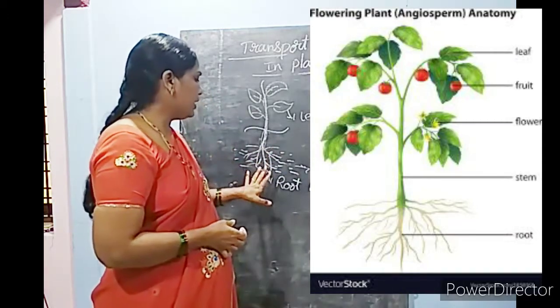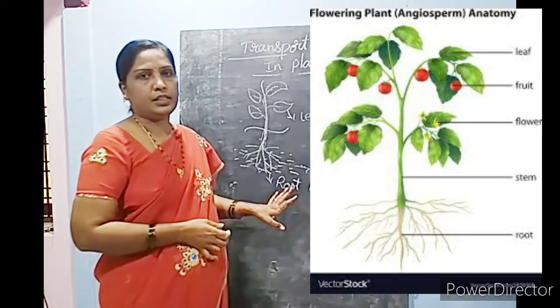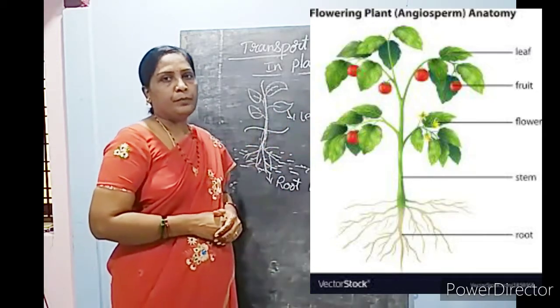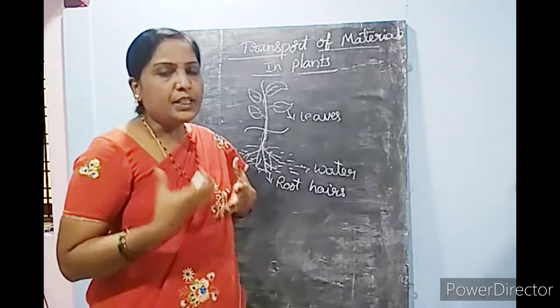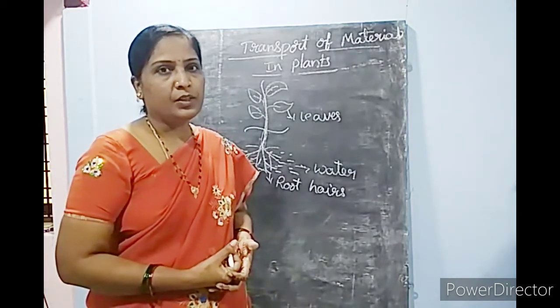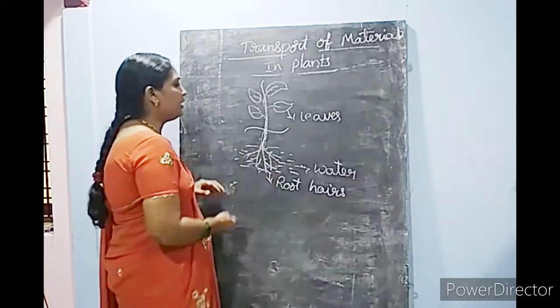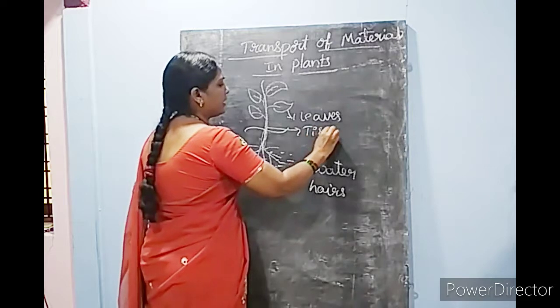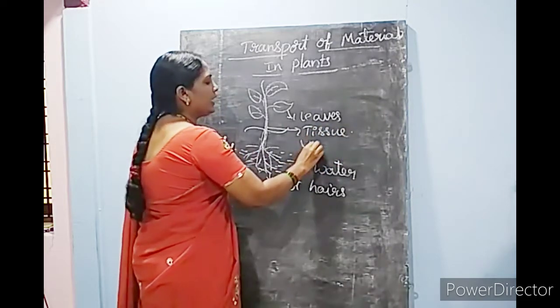So the water absorbed by root hairs has to be transported up to the leaves. Which organs perform this function? Here special tissues are working. Those are known as vascular tissues